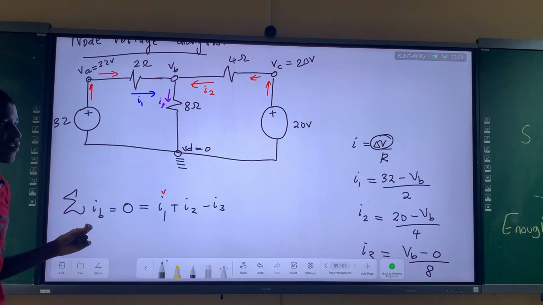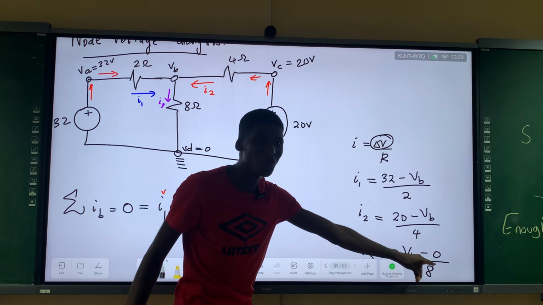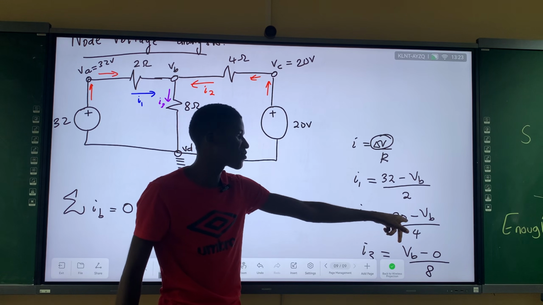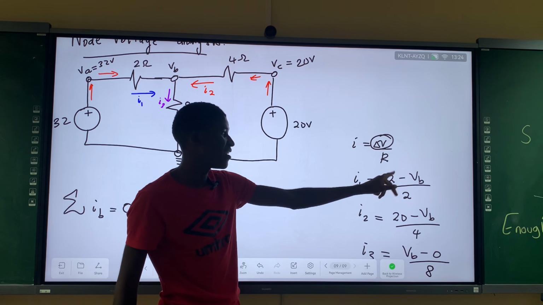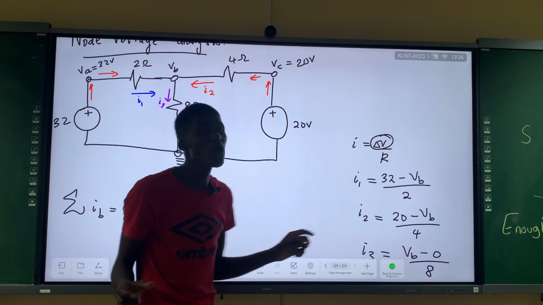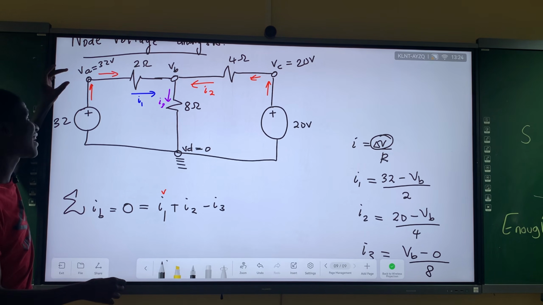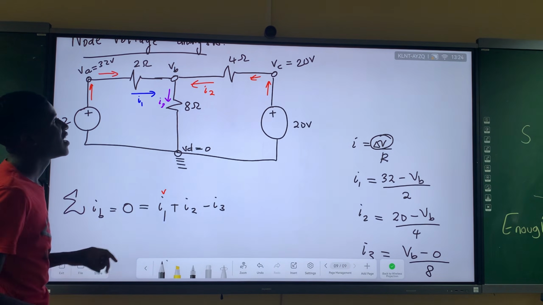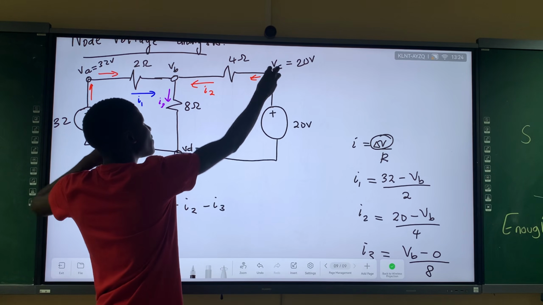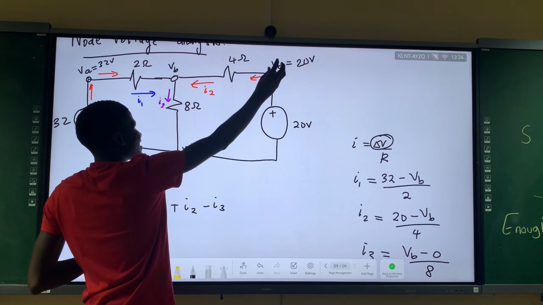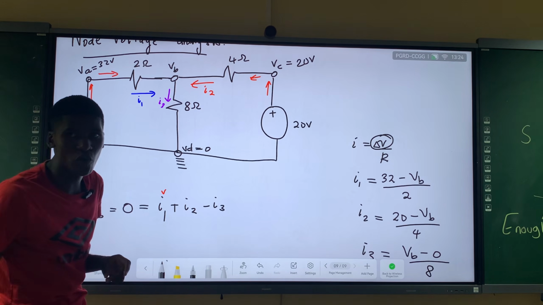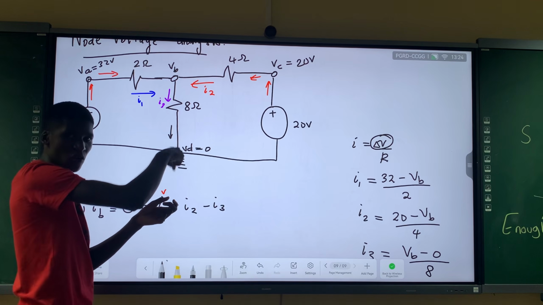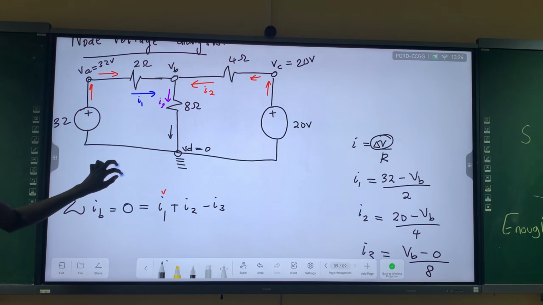Then you never get the signs wrong, because once you start by saying 0 minus VB here it's already wrong, you're changing the trend. So here if you say 0 minus VB, here you'd say VB minus 20, here VB minus 32. You must correspond: the voltage of where your current is coming from minus the voltage of where your current is going, across this resistor. Similarly here, potential of where the current is coming from minus potential of where the current is going. And here too. Yes. And then again, you just substitute there.